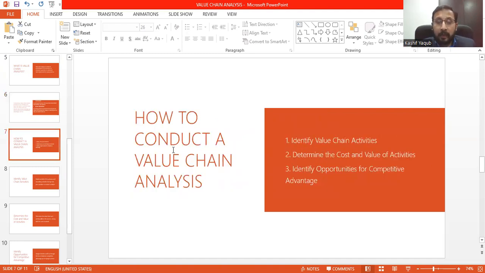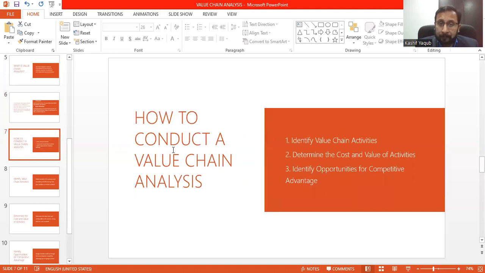Now, the important question is how to conduct value chain analysis. First of all, identify value chain activities. What are your value chain activities, including primary and secondary? Determine the cost and value of each activity and identify the opportunities for competitive advantage. So, three things: identification of activities, determine the cost and value of each activity, and what can bring competitive advantage